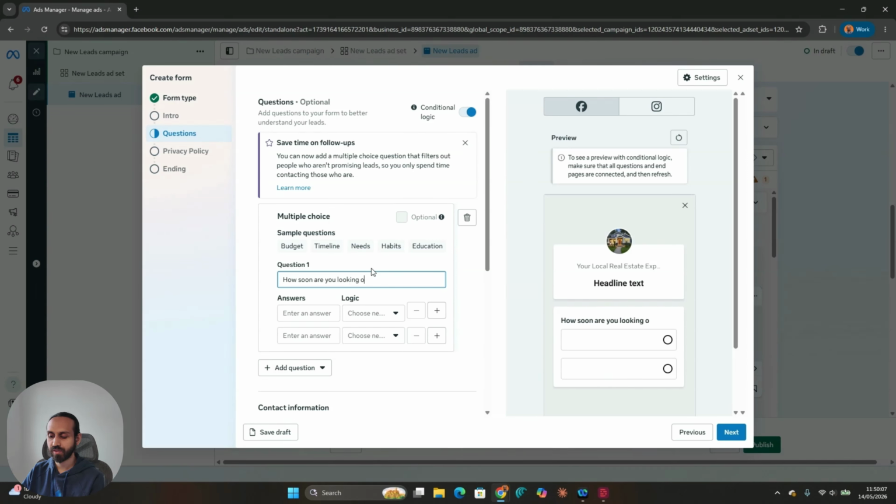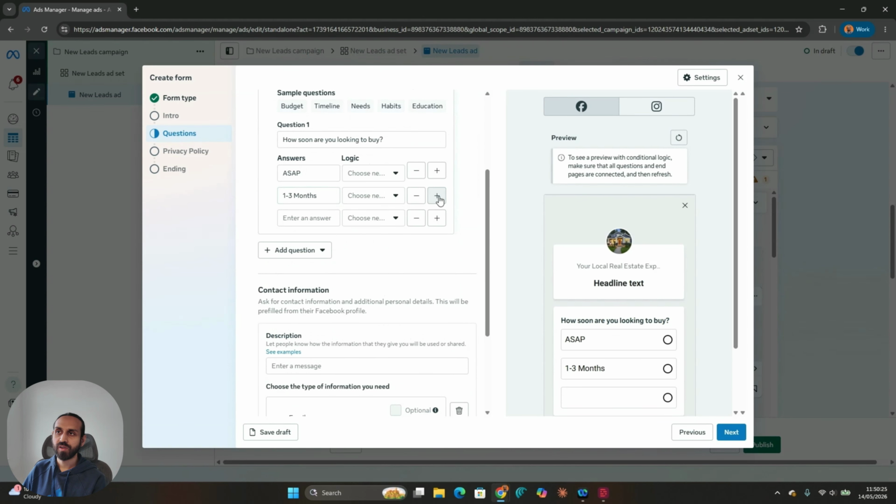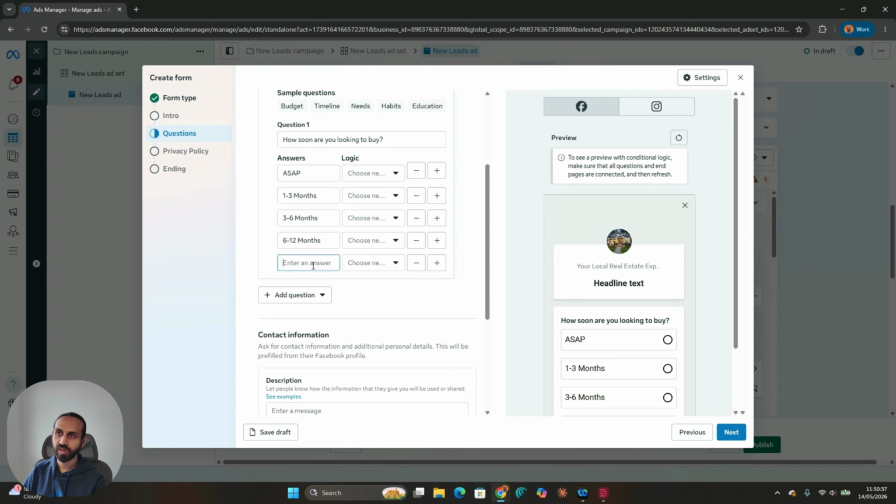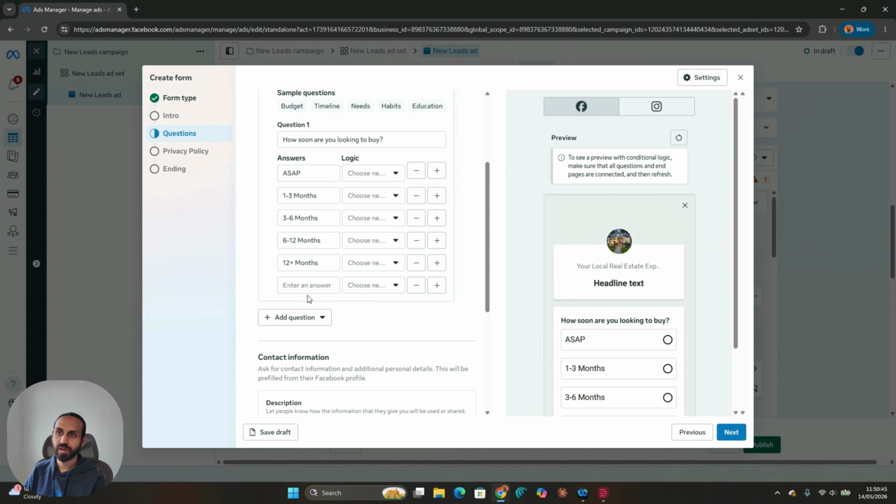So this is running campaigns for real estate agents who are looking for buyer leads, meaning people who are looking to buy a home. And so then we would have options like ASAP, 1 to 3 months, add some more options here, 3 to 6 months, 6 to 12 months, we'll even put 12 months plus, and then we're going to have another option here, which is then going to disqualify people. So we're going to put not looking to buy,